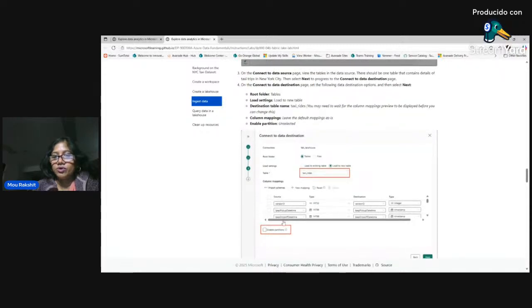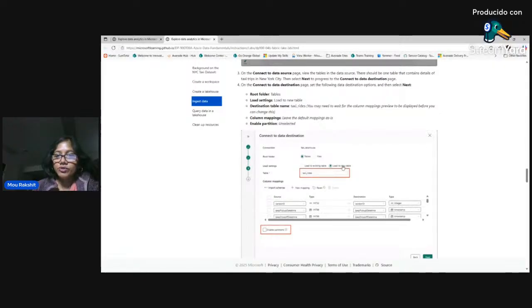These are the source column names, and these are your destination target table column names. You can rename your columns. You can also decide to do some data type conversion as well. So this is kind of UI driven, right? You're not really writing any code. For column mapping, you can leave it default as is. It's going to map the same column names from the source to the target.